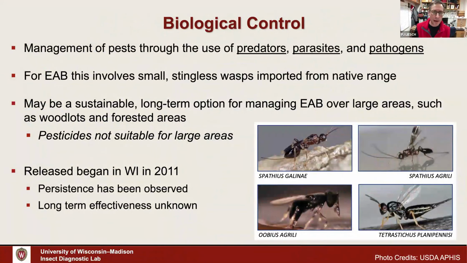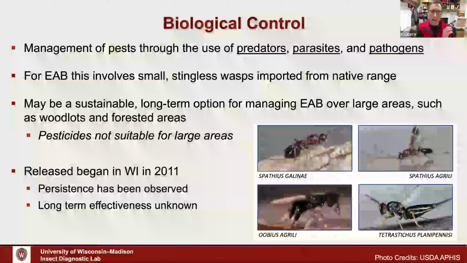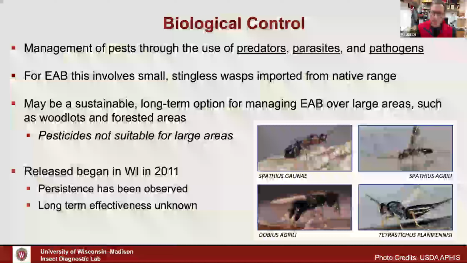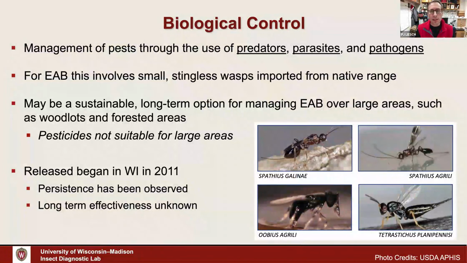Very briefly, biocontrol. The USDA, our government, has imported some natural enemies, some parasitic wasps from the native range of emerald ash borer, brought them over here, screened them to make sure they're not going to hurt other things, and they've been doing some releases. Now, we're still relatively early in the ball game. These releases have been going on for not even 15 years,